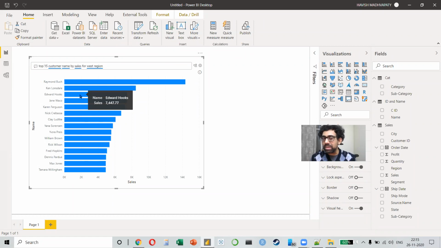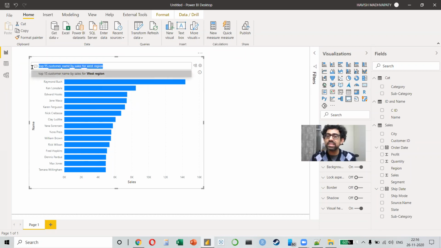But it's good to know that for basic use, this can't replace all your work. That's not why it has been created. The idea here is that you create a question which helps you make a chart quickly, and after that, you can keep on making your own modifications manually. The idea is not that Power BI wants to make the software so powerful that you can create an entire dashboard using one question. That's not the point. Then why do we need an analyst or a consultant? The idea is that they want to help you save time. They don't want to help you avoid your work, right? So this is question and answer.